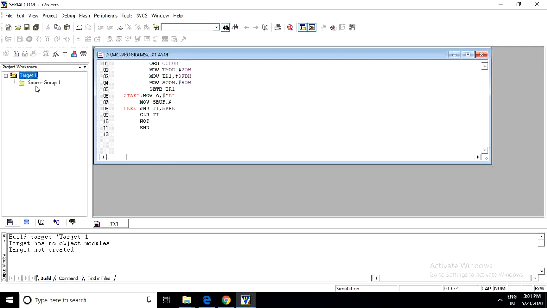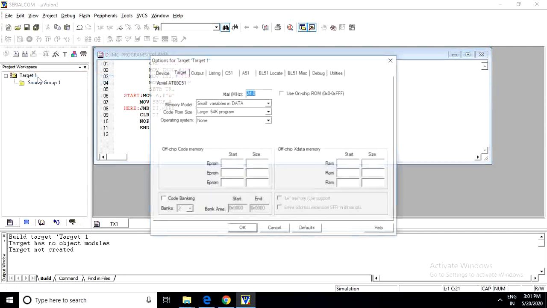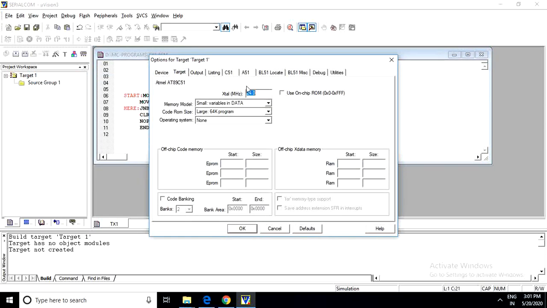Before that, let me set the oscillator frequency. Go to target, right click on target, and here you need to do a few settings. By default, a 24 megahertz oscillator frequency is used. You select 11.0592 megahertz.